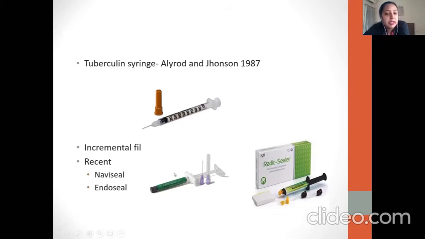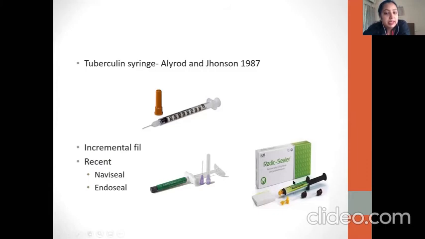Okay. Now recent techniques have developed with different kinds of materials. What you see is EndoSeal. See, there is EndoSeal MTA given here. Can you see MTA written on it? It's very fine print, but it is MTA, meaning mineral trioxide aggregate. When you know that there is no permanent tooth below the deciduous tooth, it happens sometimes. There is a missing permanent bud, and you have to maintain that deciduous tooth for a longer period of time. Then you can place MTA in that tooth, so that it does not resorb.